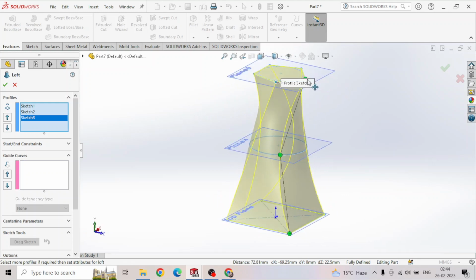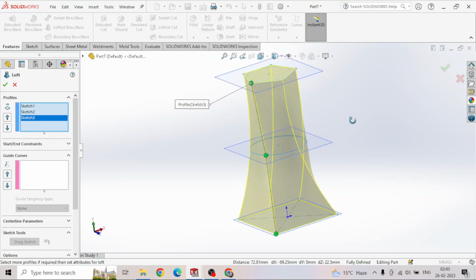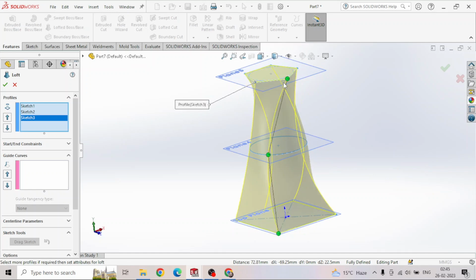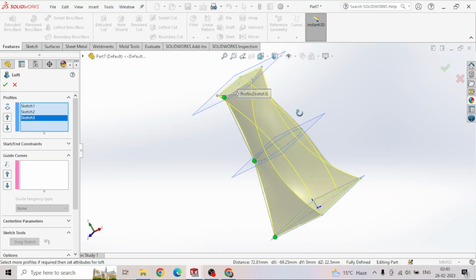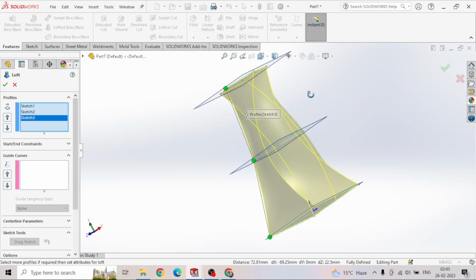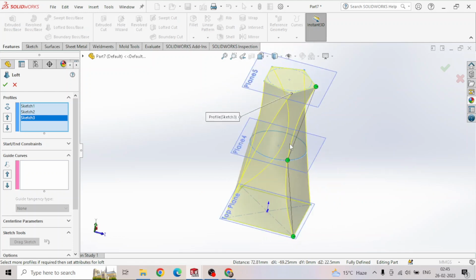If you keep it aligned in one direction, you can keep it here and no twist is given to the product. And if you wish to twist it, then we can do like this. So here we see that the product is created using the Lofted Boss/Base command, and now we can click